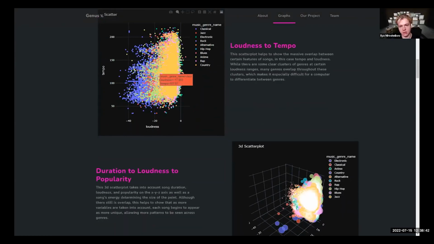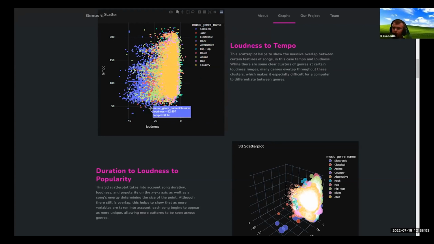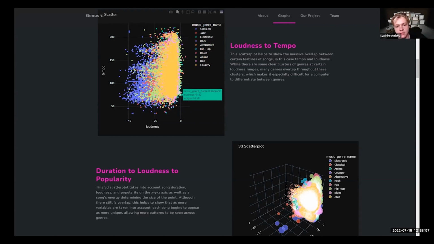Okay, our second scatter plot was loudness to tempo, and you can notice two major things in there. The first is that as the tempo rises, there are fewer songs with a bigger tempo, so there's hardly any songs above 200 BPM. And the second major thing you can notice is that the majority of classical music, which is blue dots,